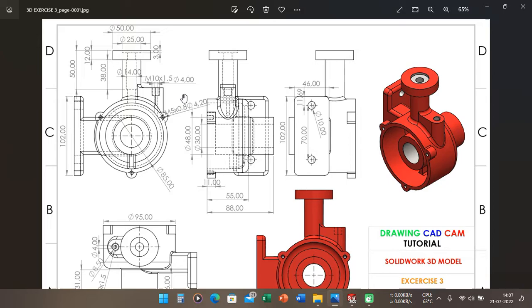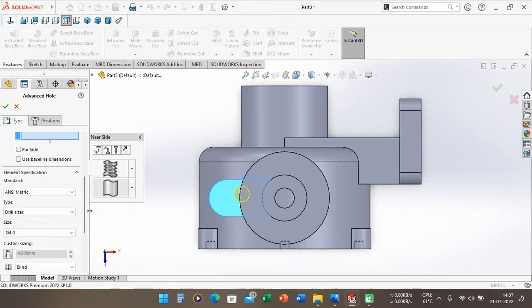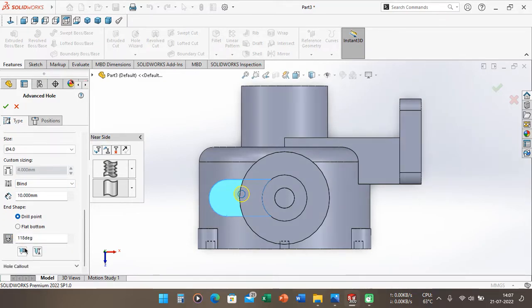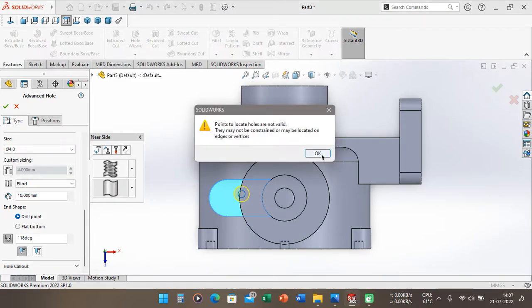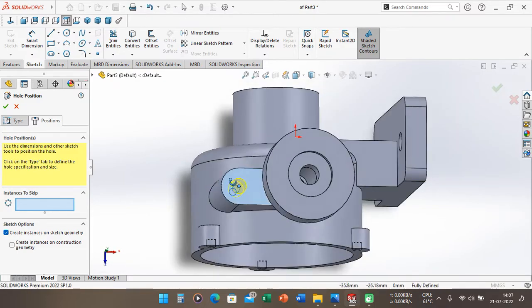We see again here 4 millimeter, and then on the direction I choose blind. This is 10 millimeter. Okay, and I choose here and here. So okay, after that we can put this hole to the center of this section.